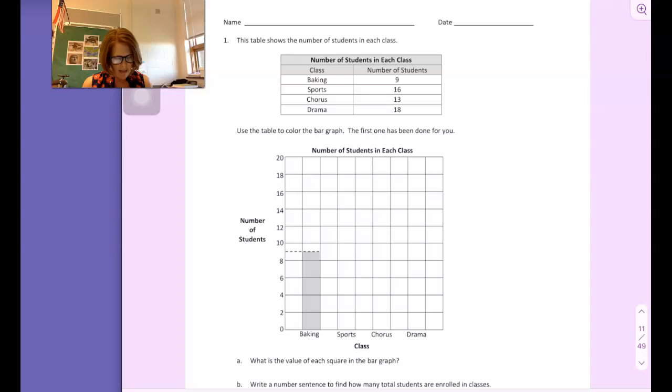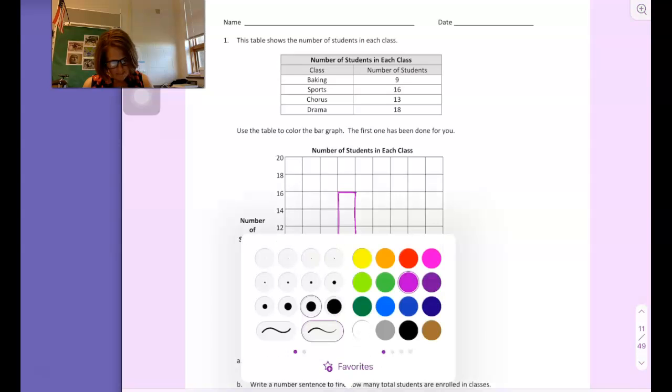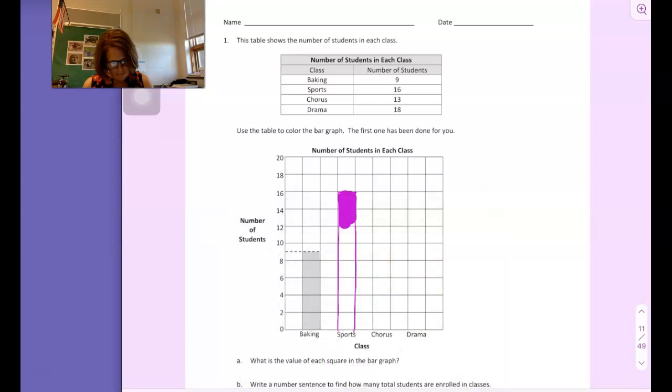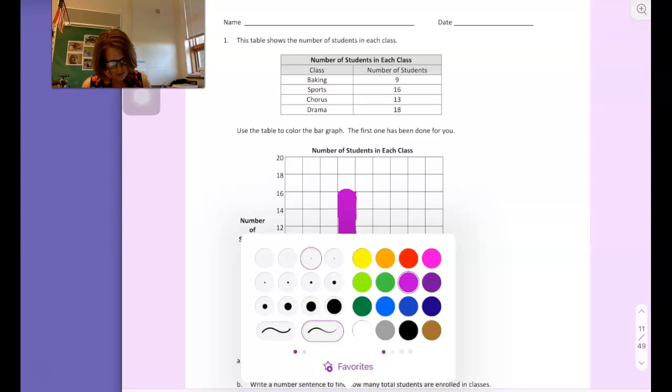For the sports class, there are 16. So I'm going to go up here to 16, and sports is up here. I'm going to keep going up to 16, the line where 16 is, and I'm going to make that line right there. And then I'm going to trace down these lines, and I'm going to shade it in. Okay, not super neat, but